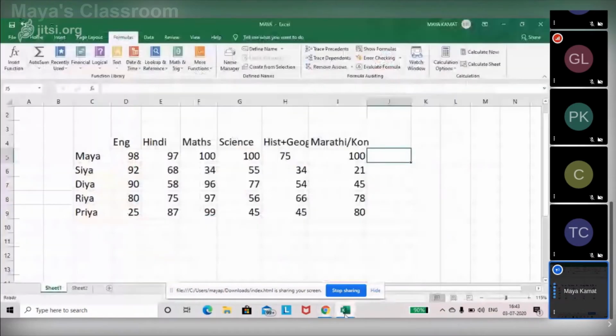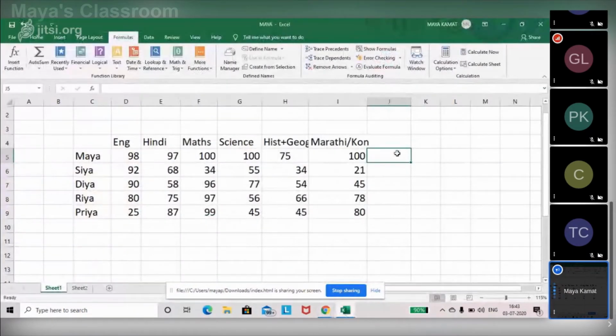Very nice. That's correct. So now how to get it automatically? I will put equal to and just click on the cell whose data I'm expecting in cell J5 and hit enter. Notice what I've put over here. I've just pressed equal to and the cell name. The name of the cell is D5, whose data I'm expecting in J5.